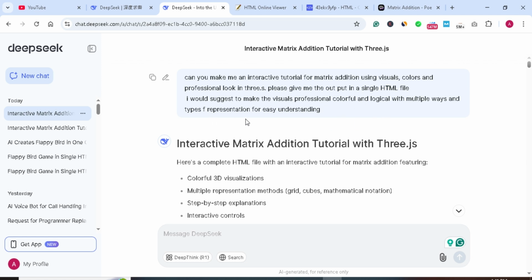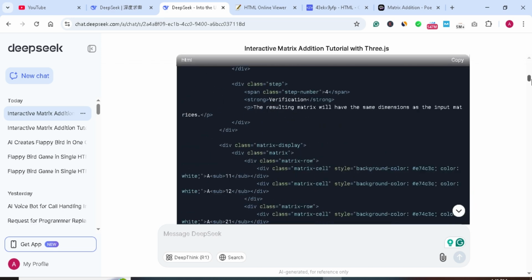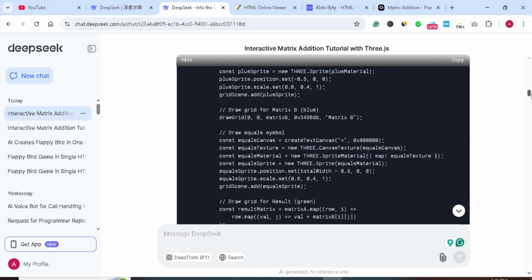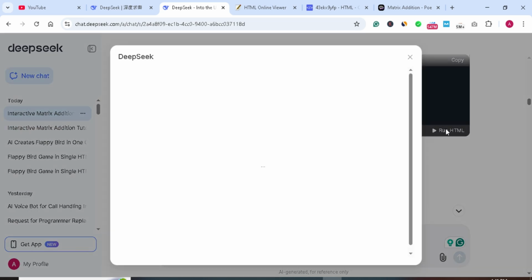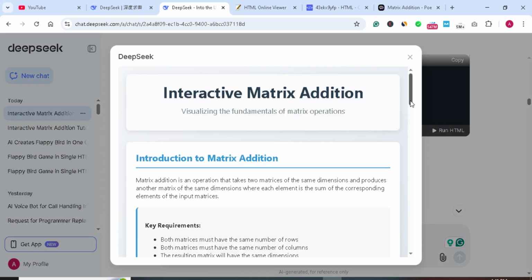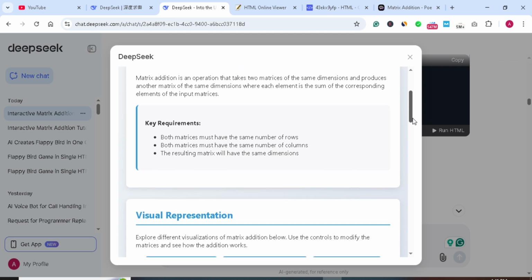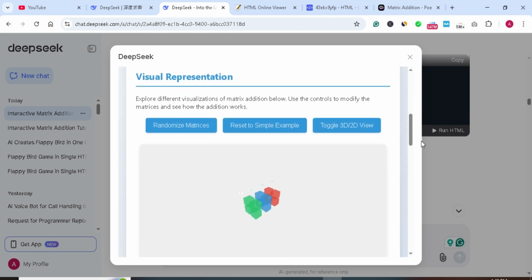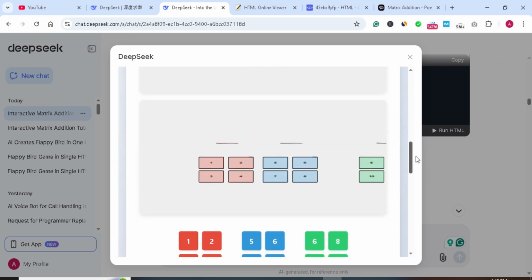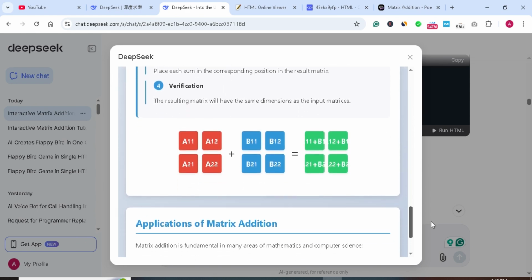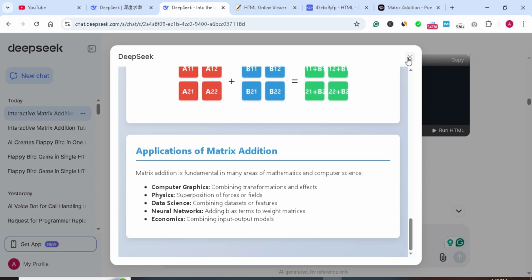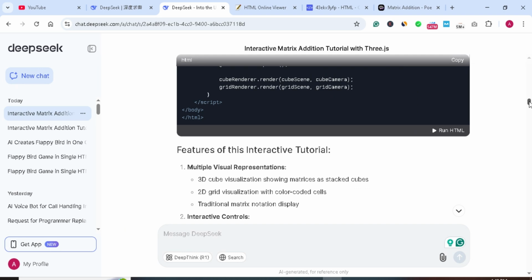So it has given me this output, and we can preview it here. This is a long program, and if we run the HTML, then it will give us this interactive matrix addition. Here you can see the key requirements, the randomized matrices, the sample example, 2D and 3D view. These are the visual representations, and this is matrix A, matrix B, and its result, and these are further details and its applications. But I was not satisfied with this, and I asked ChatGPT, or sorry, DeepSeek, to make